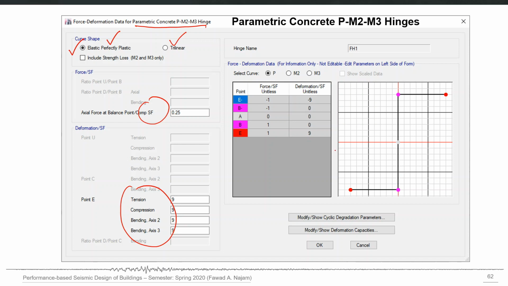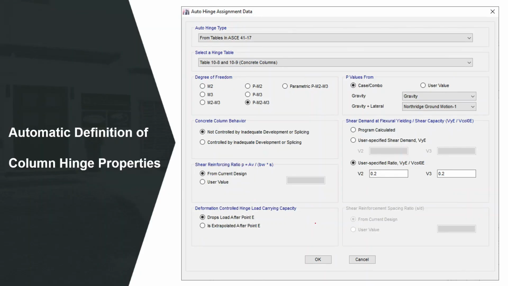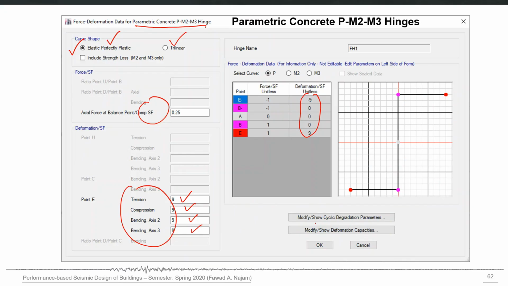So you cannot change these things because they are already fixed. You can change only these white boxes, and the program will construct the action deformation curve as well as the PMM surface. So this was all about the manual definition of column plastic hinges.